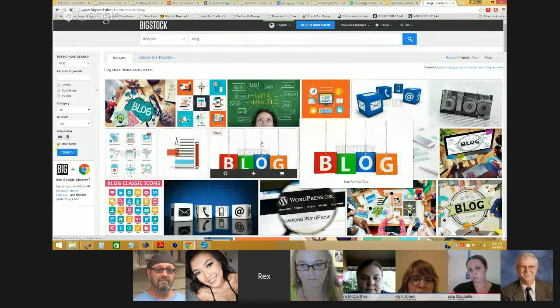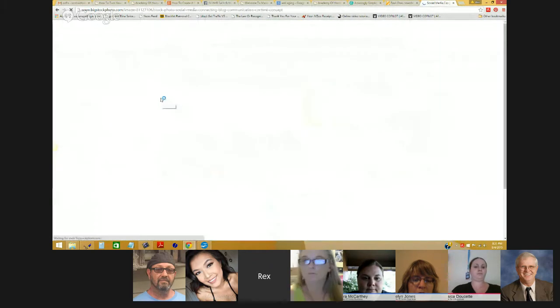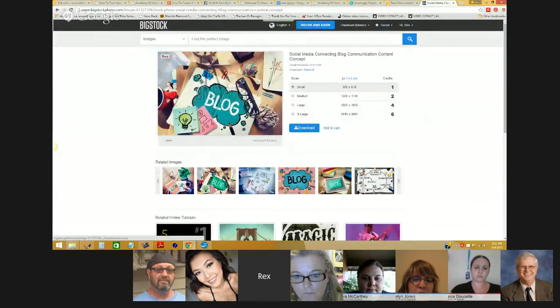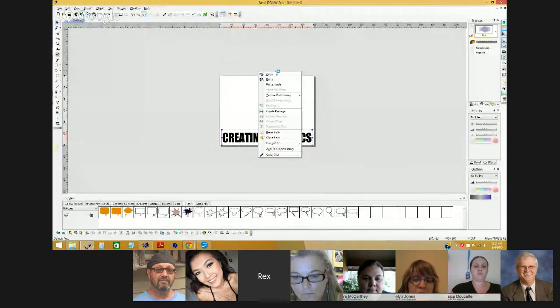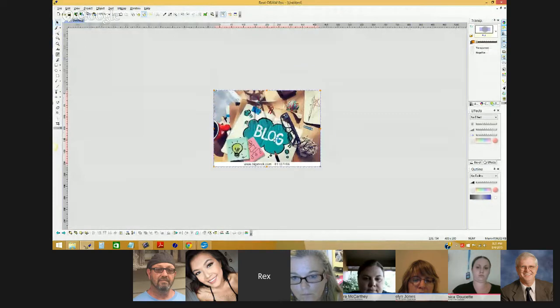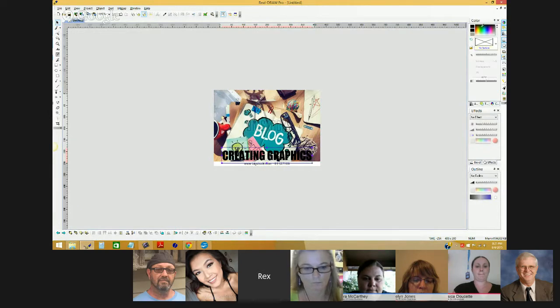Now, I'm not actually going to use one of my credits here to use this image. I'm just going to grab a snapshot here as an example. I mean, if I can take an image like this, okay, paste it here, all right, and simply learn how to layer, okay, which is very simple in RealDraw Pro. I have two buttons down here. I can take my highlighted image, move it forward or backward, change the color of my text,